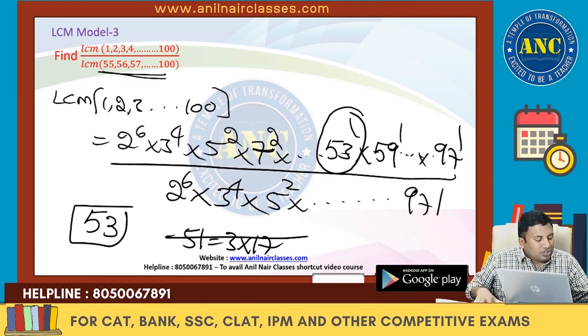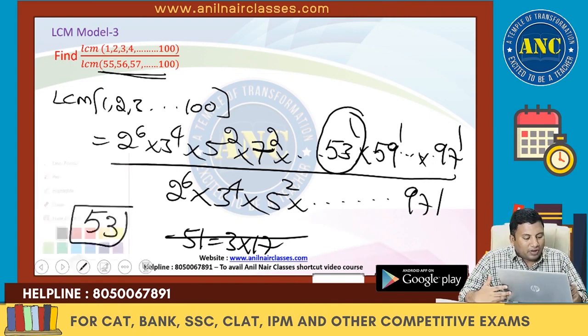Aishwarya, the doubt which you asked is an easy doubt, right? I will take up your doubt. 51 is a composite number. Be careful. 51 is a composite number. Aishwarya, this is for you.